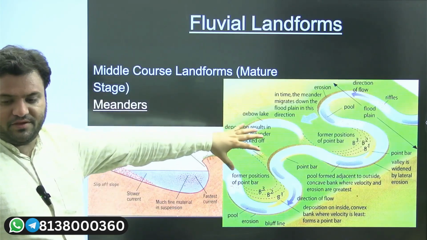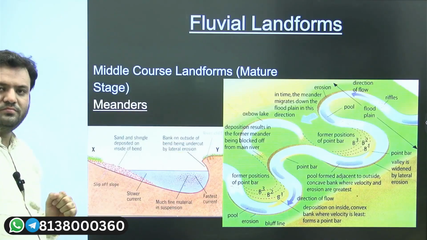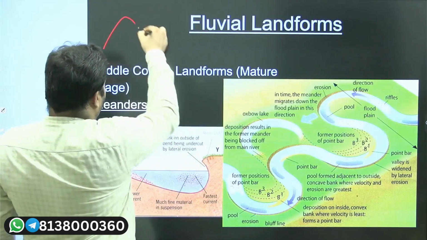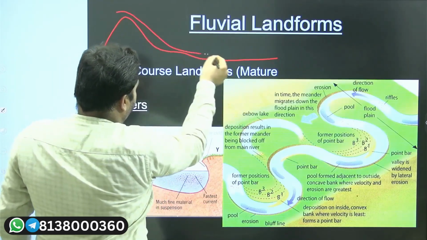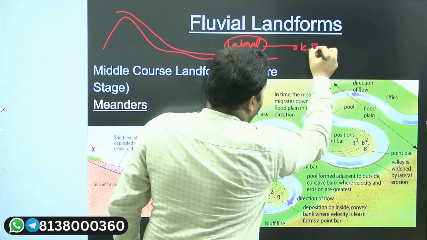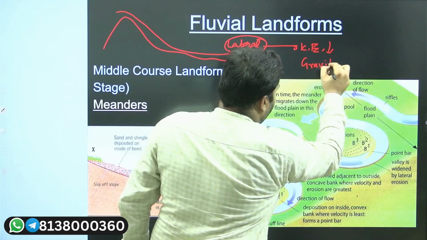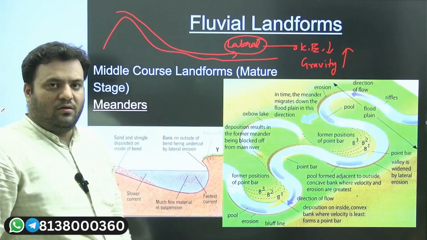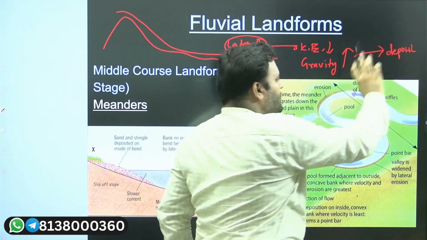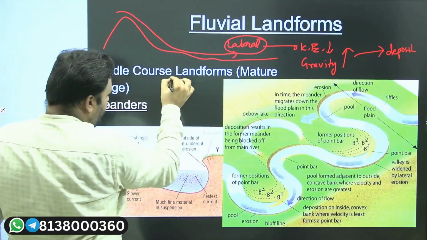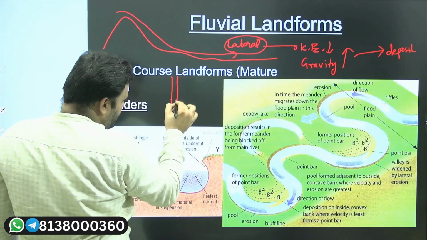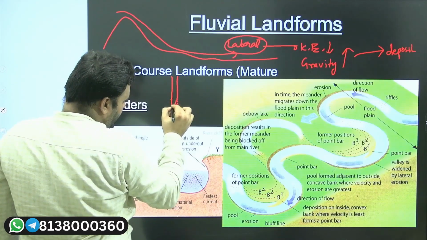All right, see this image and see this one. Here, what is happening is that suppose the river is flowing like this. When the river is flowing like this, here we will have more lateral erosion. Why more lateral erosion? Because of less kinetic energy and because of the more aspect of gravity, we can say. So if we have this aspect, there will be deposition. Suppose this deposition is there, and the river is flowing like this, now you are looking at the river from the sky, and when we have some sort of lateral erosion, as a result of this, what will happen? We will have some sort of deposition, and as a result of this, the river will start